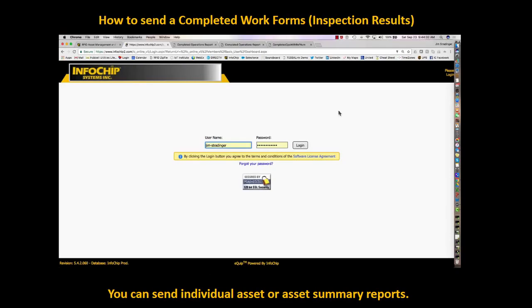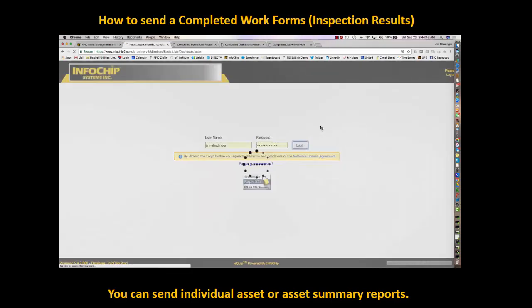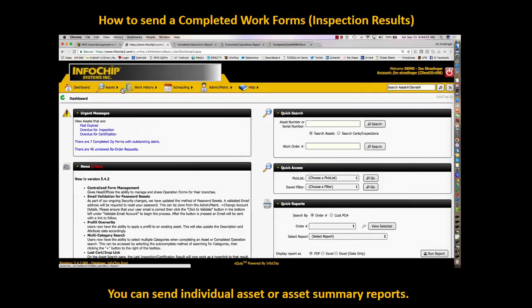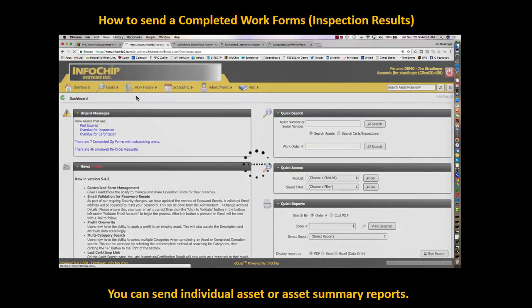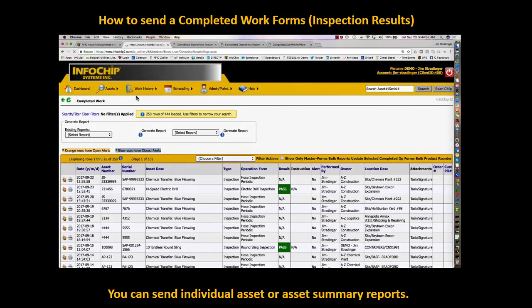We're going to show you how easy it is to run completed work forms for your clients once digital inspections are completed in the field. We'll first log in. Once we've logged in, we'll go across our menus up top to Work History. We'll click on Completed Work. Once we're in Completed Work, we're going to show you a couple different options that you have the ability to do,